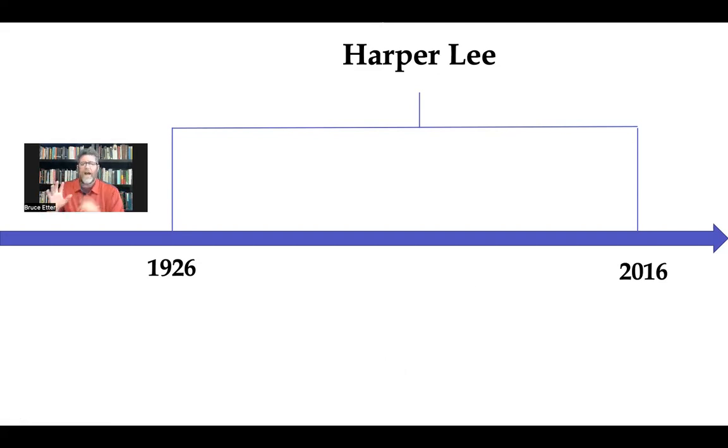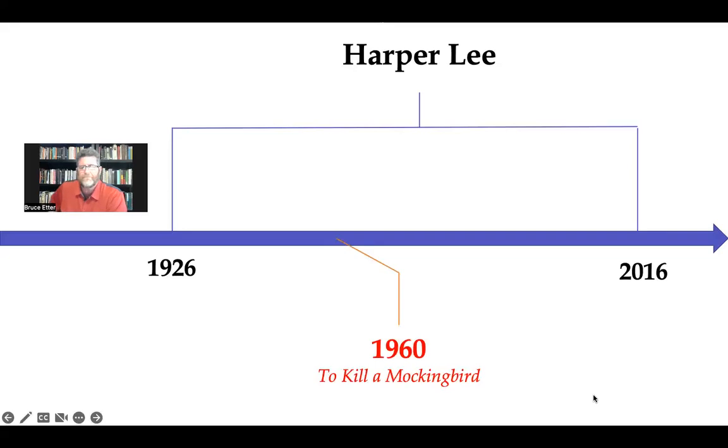Now, the reason I want to show this timeline, just to kind of put the book in a big picture historical perspective. So we're going to come down here in 1960. Now, that is a very fascinating date. And a little bit later in this video, I'm going to be showing you a slide called Race and Reception. And we're going to talk about why 1960 is such a fascinating date. That's the year of publication. She was writing the book in the late 50s and published in 1960.